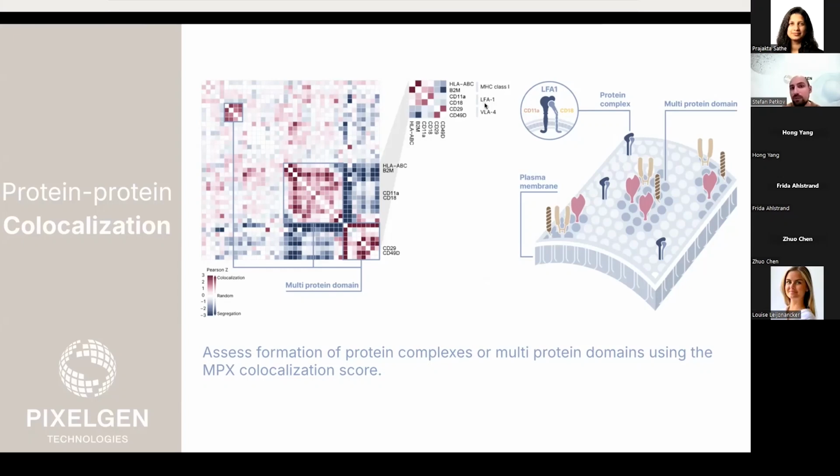We have other complexes such as the VLA1 complex, consisting of CD11a and CD18. Those as well are seen to be colocalized. And then we have another example with the VLA4 complex consisting of the integrins CD29 and CD49d. Again, showing a high colocalization score. But beyond that, we can also look at these multi-protein domains that extend beyond just two proteins. In the example shown here, we're not showing the names of the proteins, but we can see that there are multiple proteins forming this large colocalization signature within that